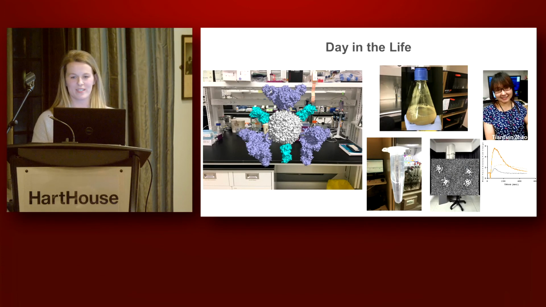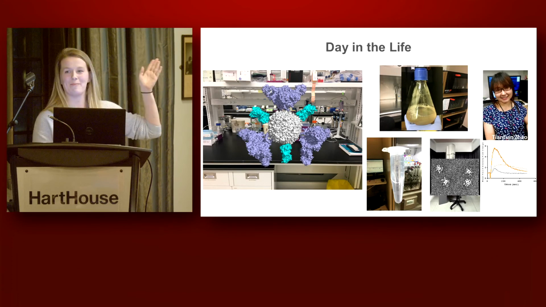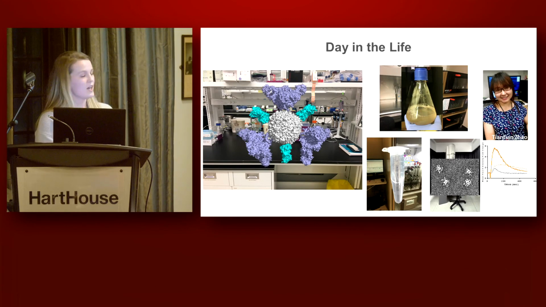So before wrapping up, I just wanted to give you a little bit of a perspective about what my day looks like. I am, like I said, a basic researcher, so I spend a lot of time at my bench, which is what is shown here, trying to make molecules that look like these. This has components of HIV, which are the purple things, as well as other components that are trying to basically get the attention of your immune system. Because if you just give the purple trimer, which is actually what's in vaccine trials now, it doesn't work well enough, basically.